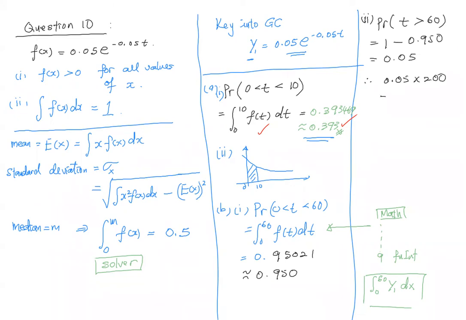So you get 10. So 10 people will spend more than 60 minutes. So the next one, part C,